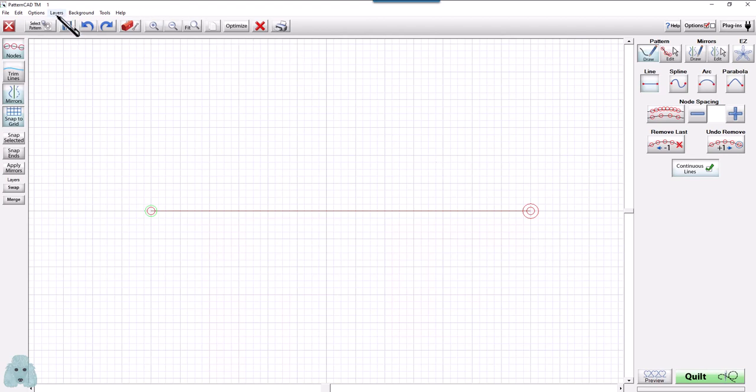I'm going to go to Layers and Swap Layers. So now it's blue, so you know it's no longer the active layer. And now I want to import a picture. In this case, it was a picture I took with my cell phone, brought into the computer, and now I'm bringing it into the program. So if I go to Background, Load Image,